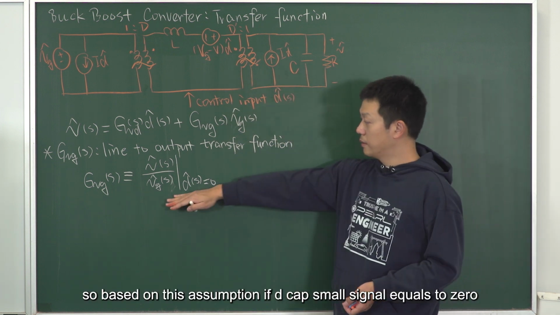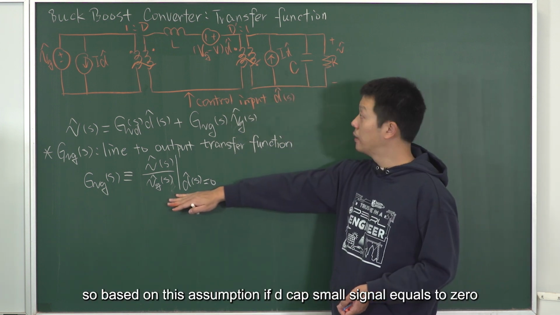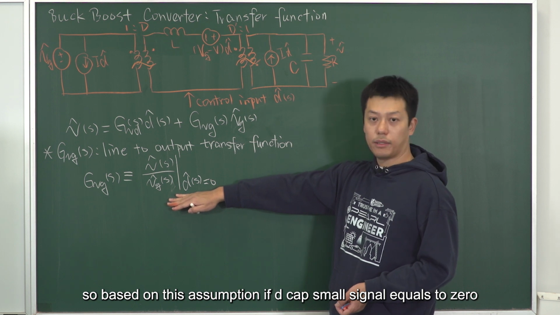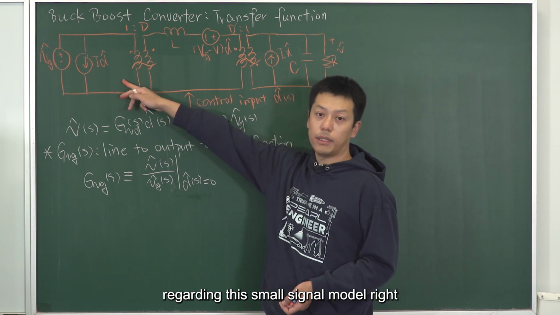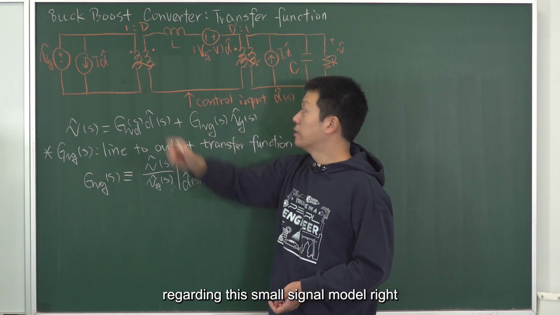So based on this assumption, if d-hat small signal equals 0, regarding this small signal model,